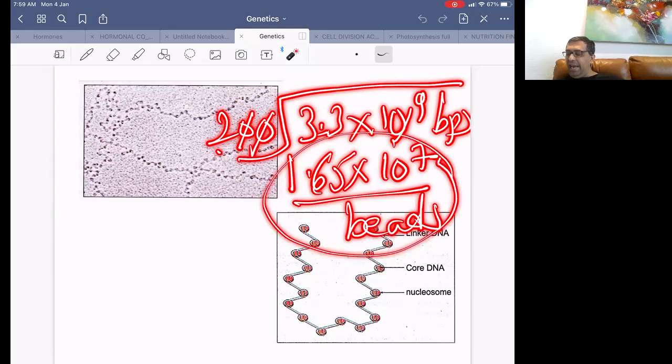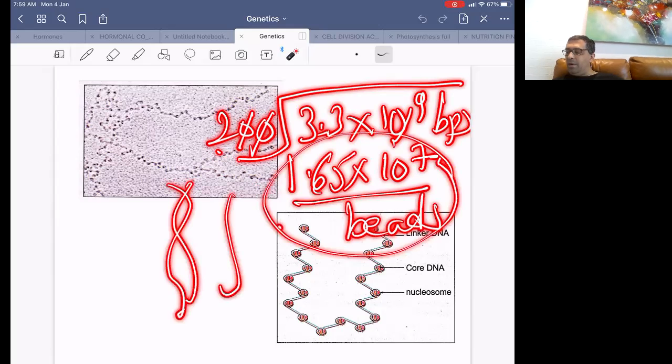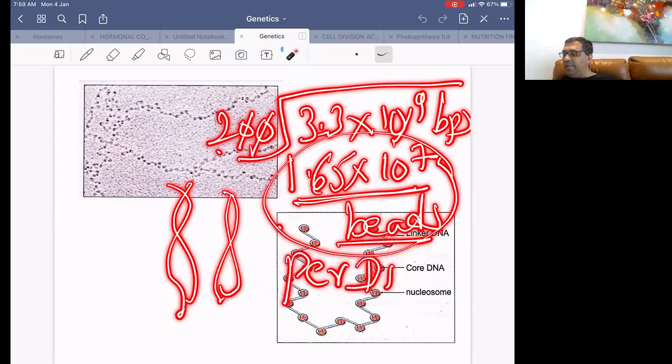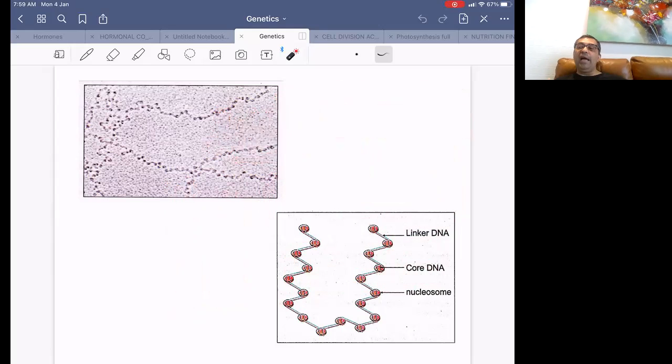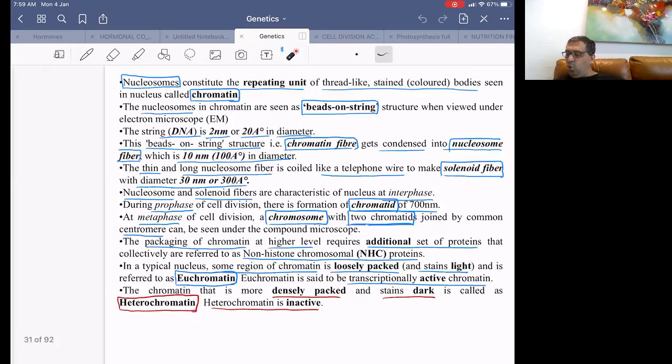In one DNA. There are two DNAs, maternal and paternal. So it is 1.65 into 10 raised to 7 beads per DNA that are present, or per bead on string appearance are present in the entire packing. And third, these nucleosomes